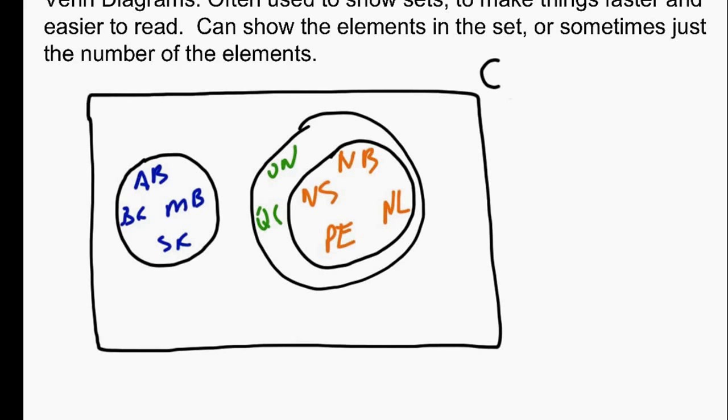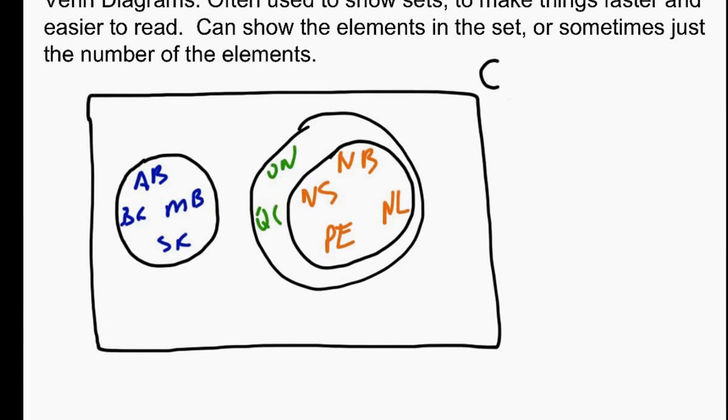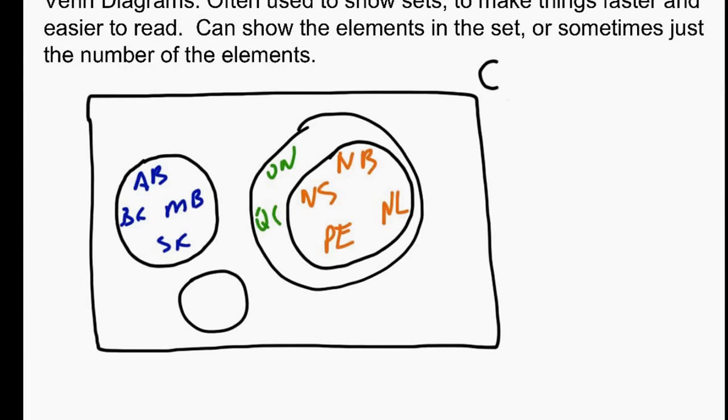And then the only other thing we got left to worry about is the 3 territories. And let's just leave it circles. Let's not put the territories. We could do another set if we wanted to. We could just say there's the 3 territories, but I'm going to show you sometimes you just have elements that